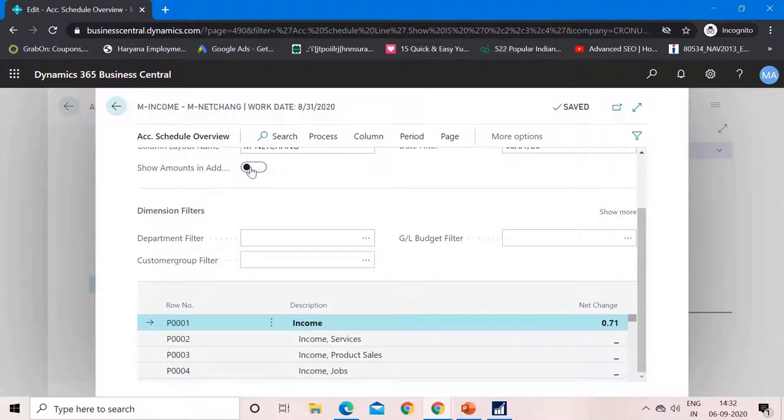So this is actually the use of the additional reporting currency. So I hope you now understand the concept of additional reporting currency, and other than that, the complete process of how multi-currency works in Business Central. So guys, that's all with the multi-currency concepts. Now in the next video we will cover a different topic.